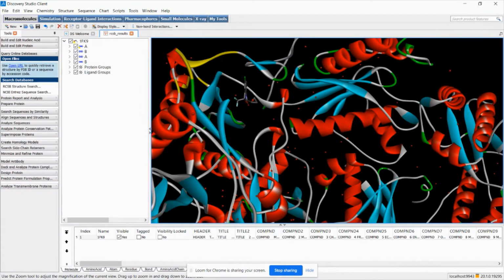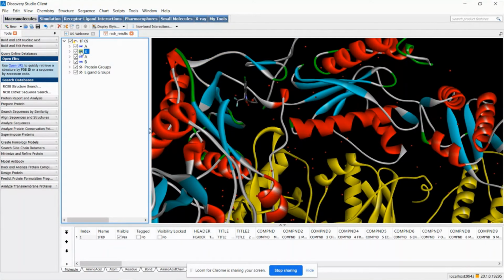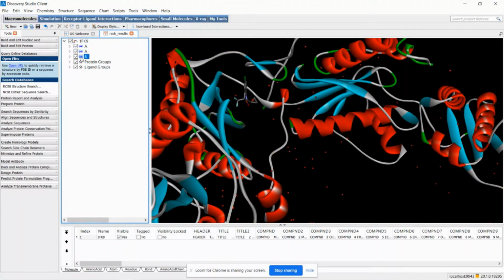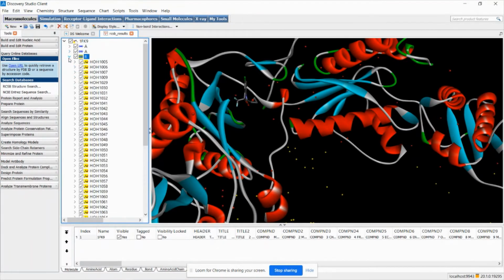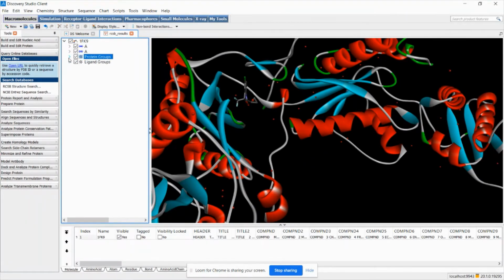The single crystal XRD cannot discriminate between OH and NH, so a certain amount of residues or chains may not be well defined. I need to ensure that all the proteins are well defined and only those chains of interest are retained and all others are removed. I already told you the ligand is only on chain A, so I am removing chain B. The water molecules on chain B are not responsible. So here if you click, these are water molecules on chain B, I am removing it.